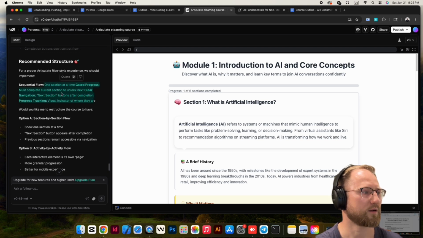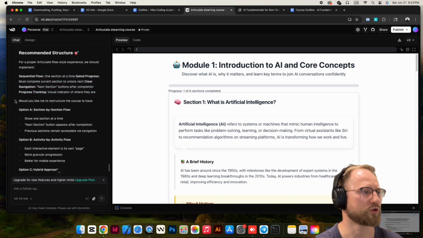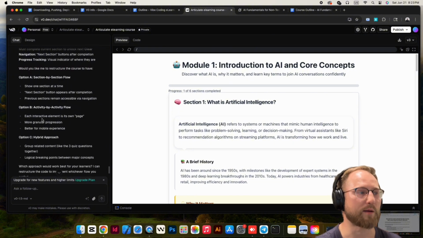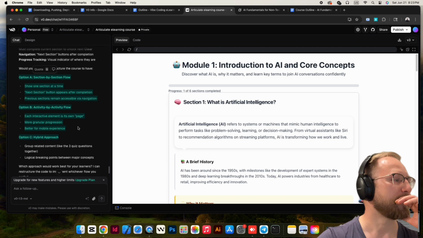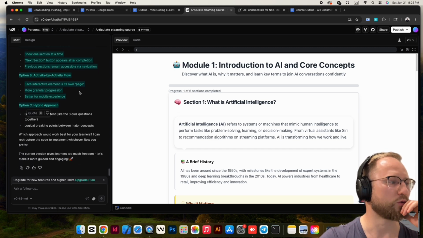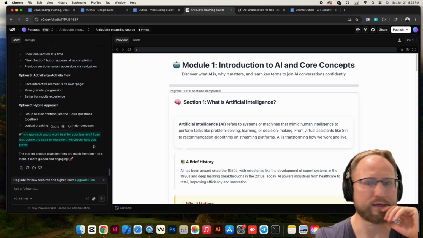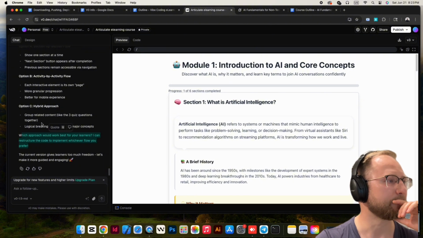Okay, would you like me to structure the course to have yes or B? Okay, so here's where it's giving us options, right? This is really, really nice, right? It's giving us 3 options and it's asking us which approach would work for your learners. Okay, so this is great. This is where,